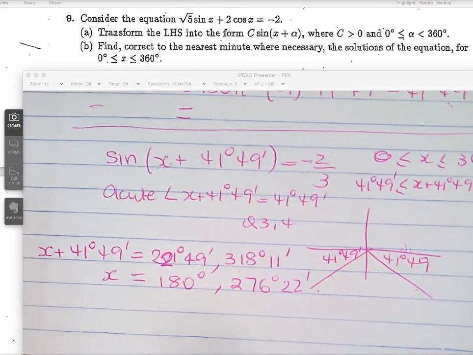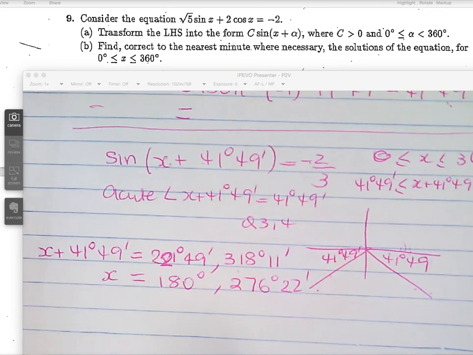All right, and that's how you do the auxiliary angle method. Now I've got